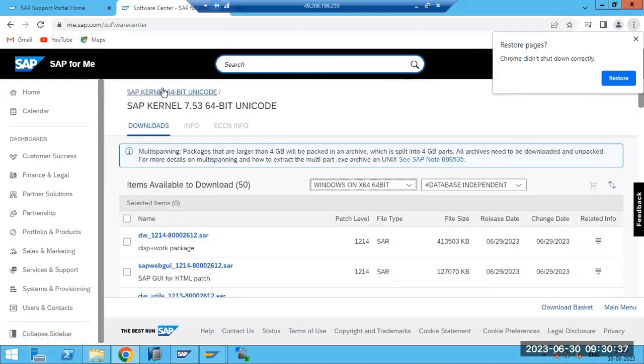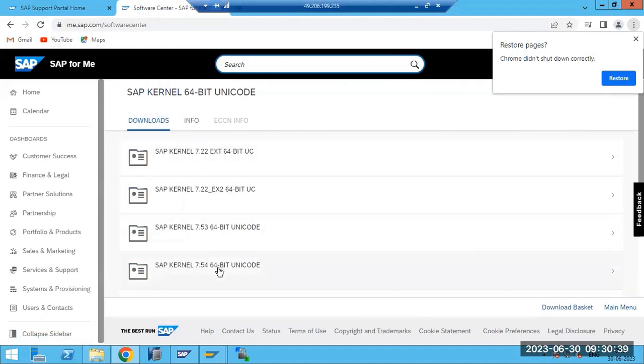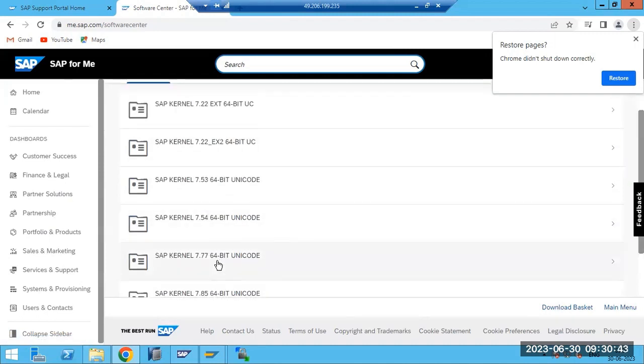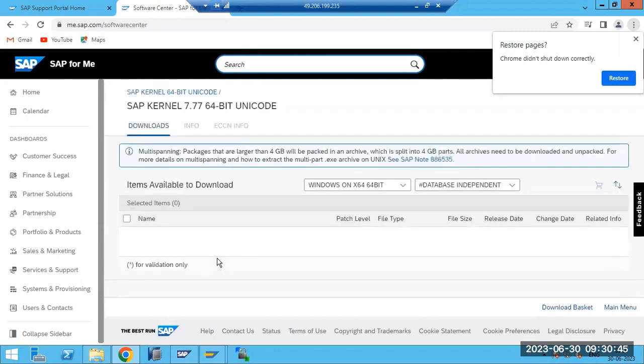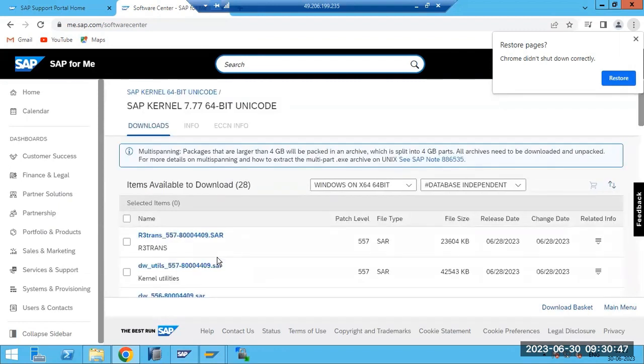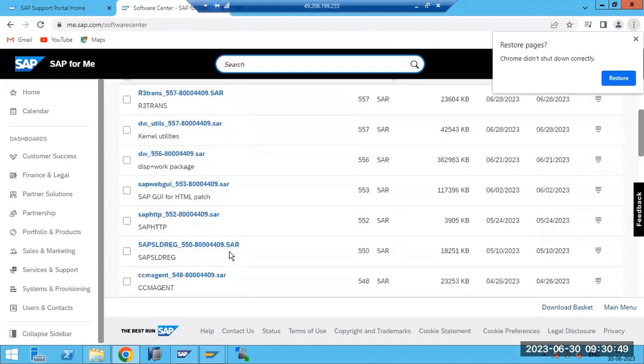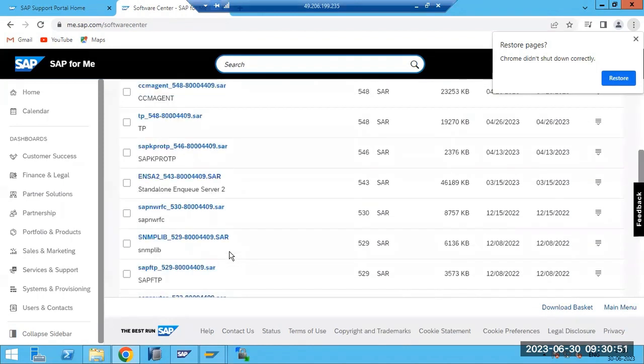So why can't we directly go to the 753 to 759? Why can't we go? We can go, but the thing is our SAP version also should match it. If we go to every kernel patch level,